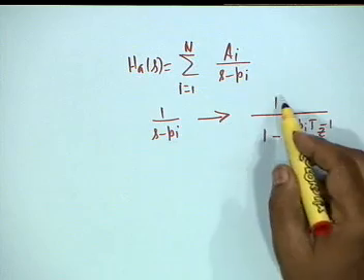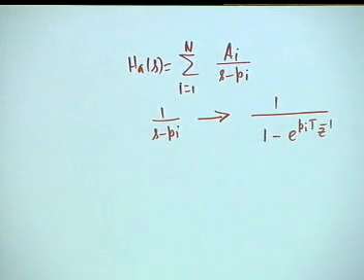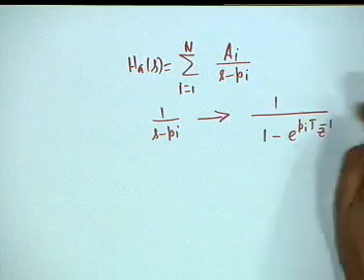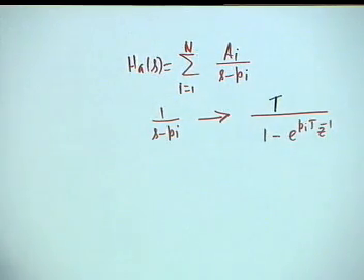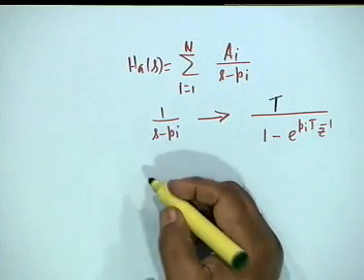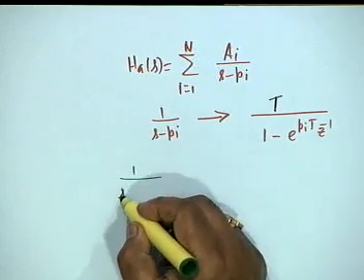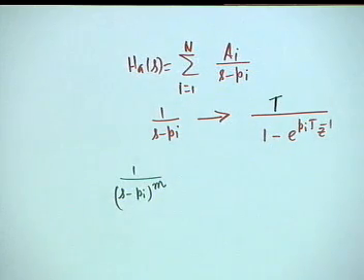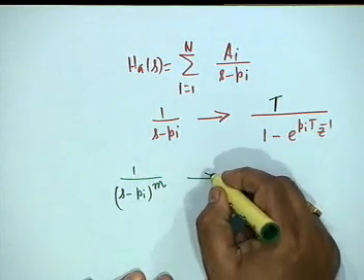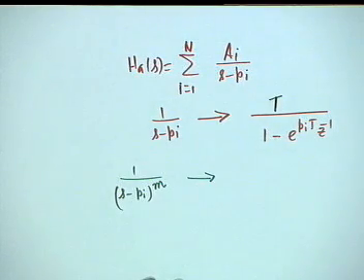Not quite, you have to multiply by capital T. Okay? I will repeat as many times as possible so that you don't forget this. Okay, now what happens if I have 1 by s minus p_i to the power m? If the pole is repeated, then the corresponding factor, it can be shown.